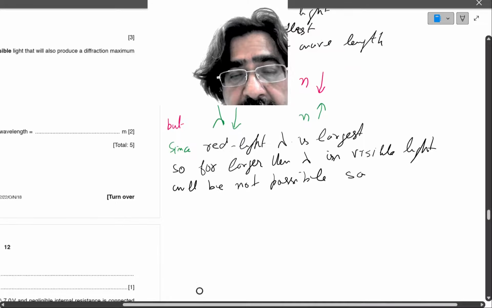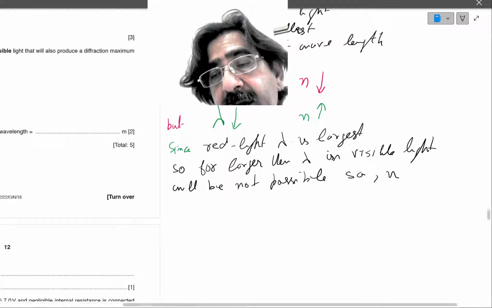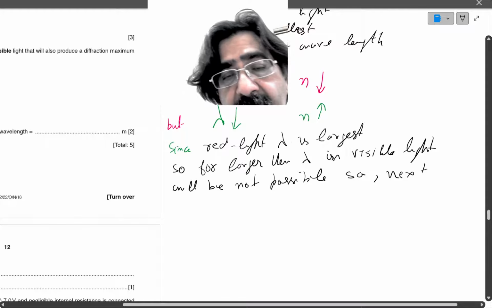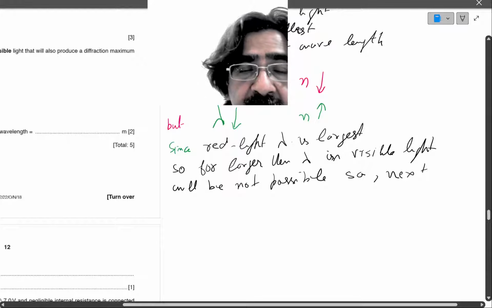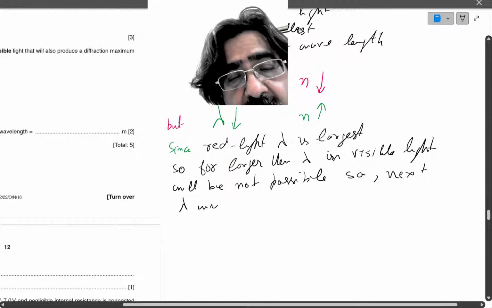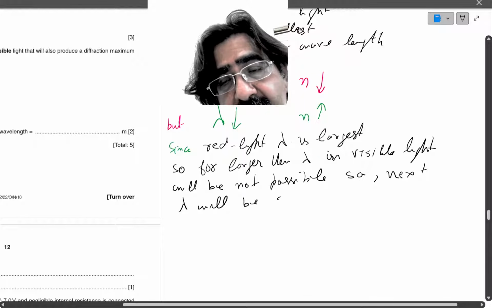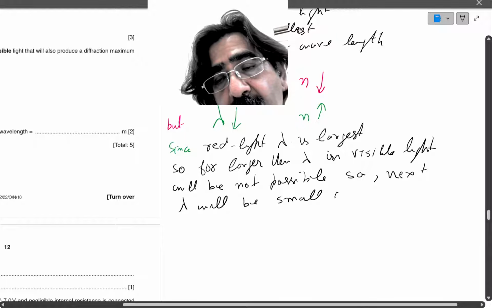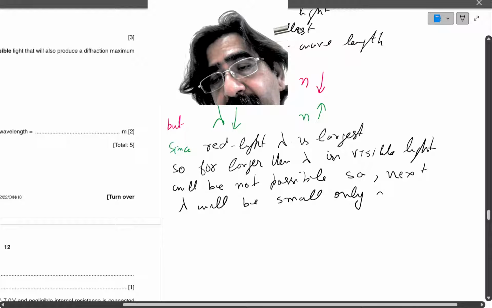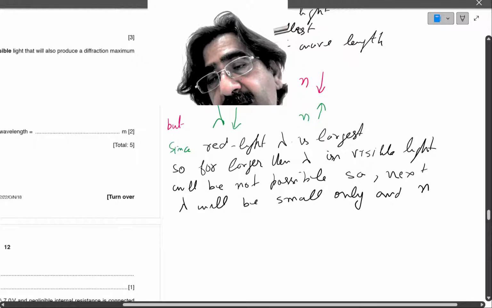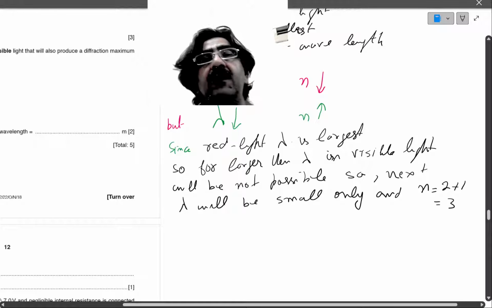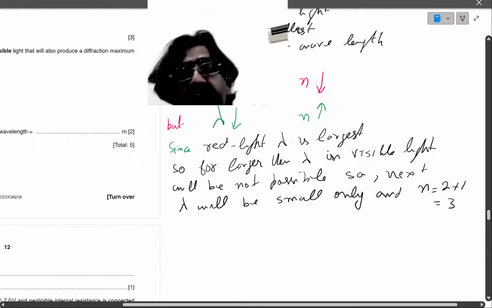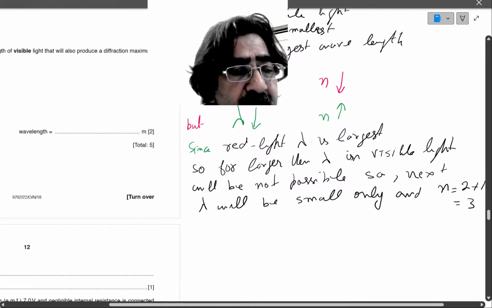So for the next, the wavelength, your lambda, will be small, and n will be equal to 2 plus 1. That will be 3. That will be increased because lambda is smaller. So in this way,